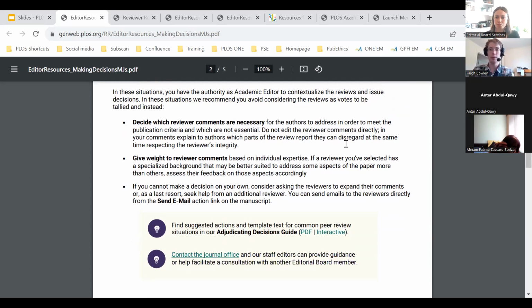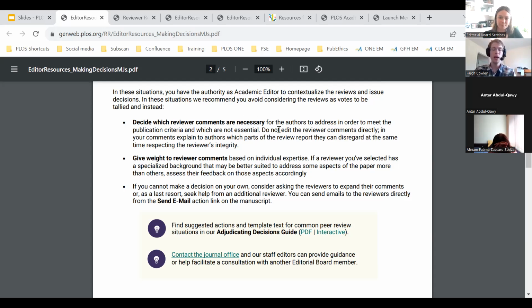Our publication requirements are not that a manuscript needs to be perfect. A manuscript needs to be sound; it doesn't have to cover some thunderous, groundbreaking advance. If the required revisions are too onerous, you have the authority as academic editor to decide, actually, that's out of scope. That's not suitable for this submission. That might be reasonable to expect for future work. You may want to clarify that in your decision letter when you decide.